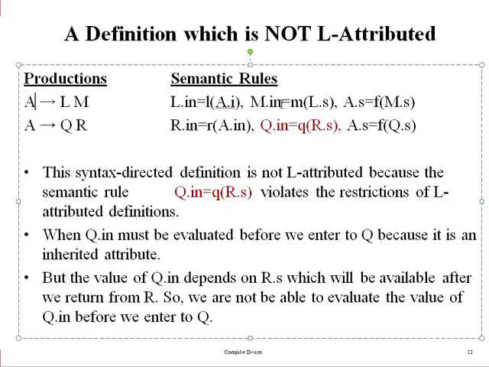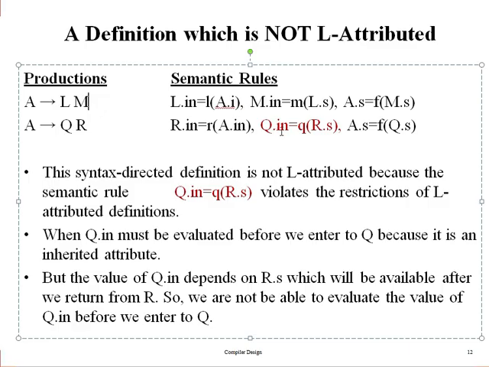The inherited attribute of M is calculated from L on the left side, possible. The synthesized attribute, no need to worry, because the attribute of A is calculated from the child, correct. And for the second production rule, the inherited attribute of R is calculated from the parent,